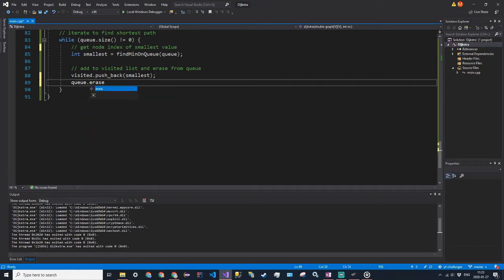dot erase, and then the way we erase it is we have to use an iterator again, so we'll go from the beginning. So I keep typing min pq because that's what I had in my test, but q is more